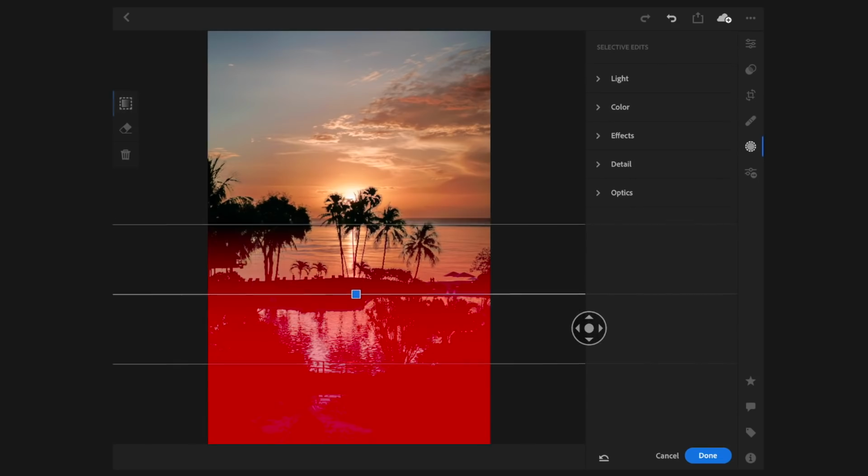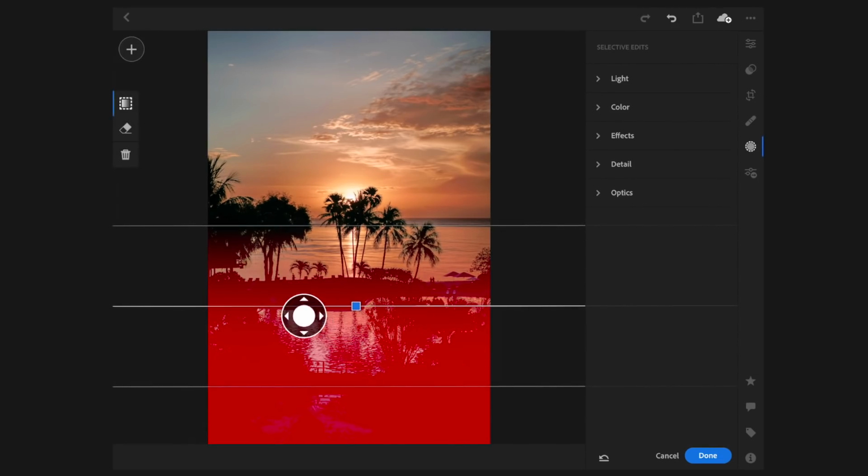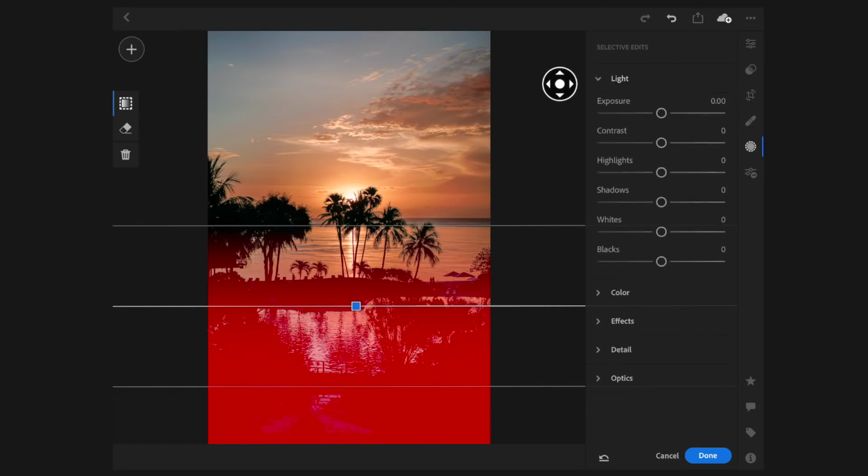So I'm quite happy with that. I think that's working quite nicely, and you can see the gradient fading out as it just goes into the ocean, which means we're going to keep these colours in here, but all this is going to have a nice colour grade on it. So first thing I'm going to do is head over to light,